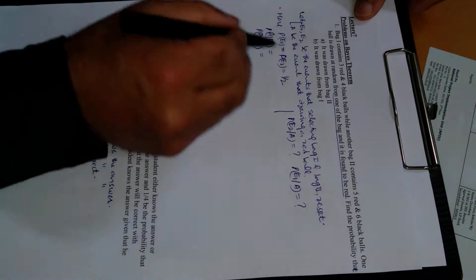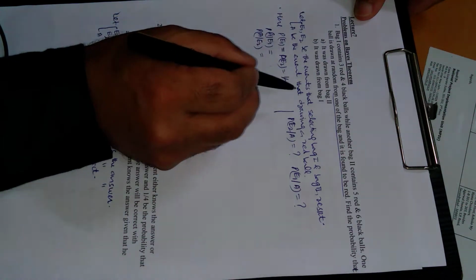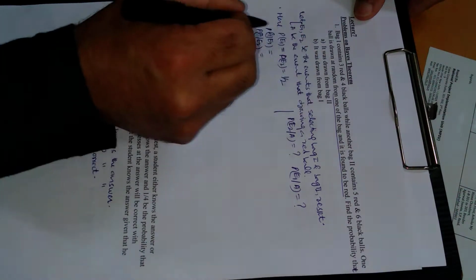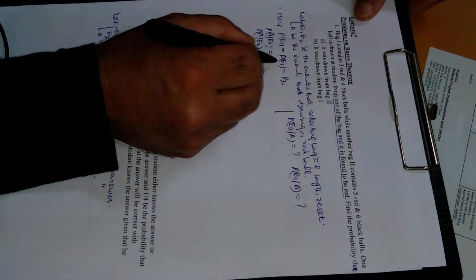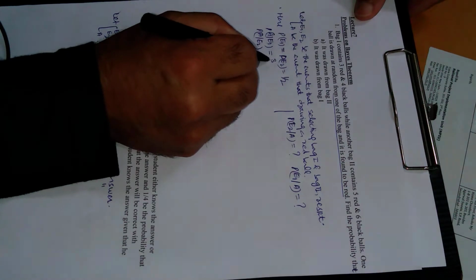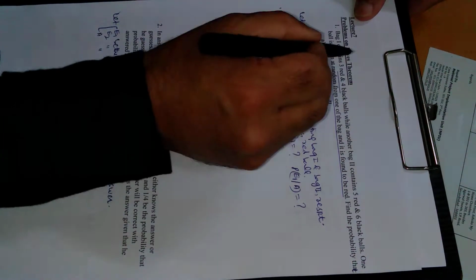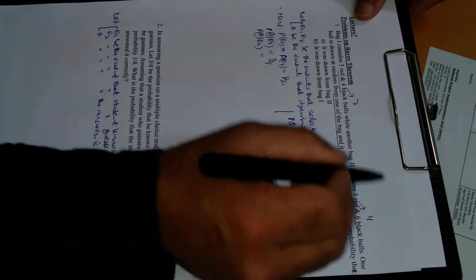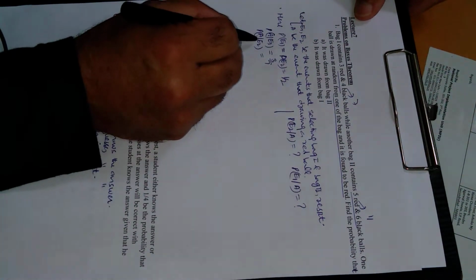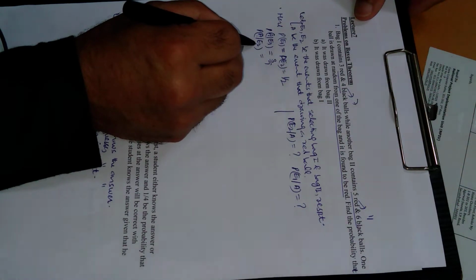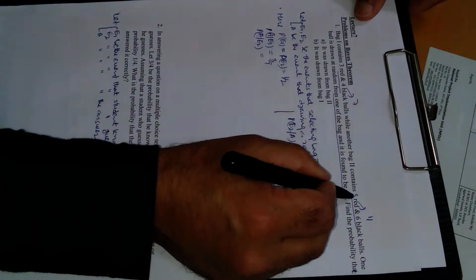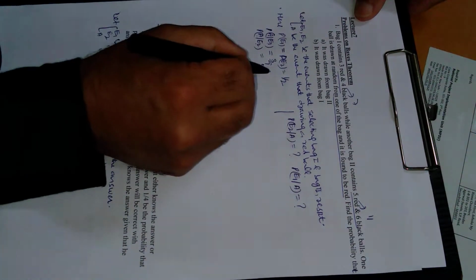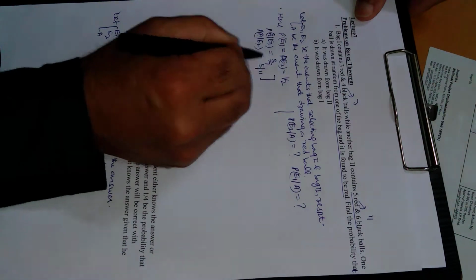A means drawing a red ball and E1 means bag 1, so drawing a red ball from bag 1. There are three options. Favorable outcomes are 3 for this, and total outcomes are 7, because bag 1 has total 7 balls and bag 2 has total 11. Similarly, a red ball drawn from bag 2: favorable outcomes are 5 and total outcomes are 11. So this is clear from the given data.